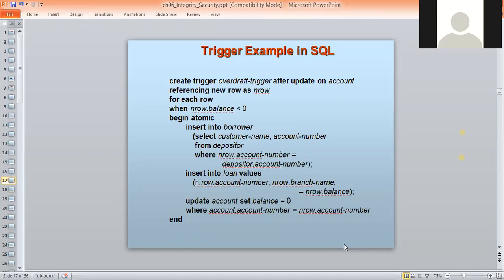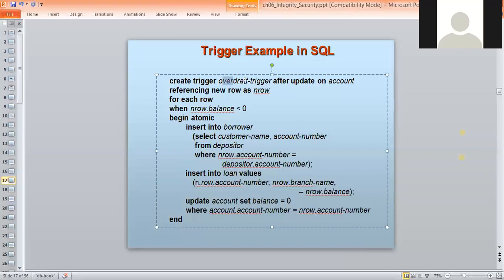As soon as some booking or cancellation is done, then the trigger must be invoked to reflect that change into the database. So that is the purpose of the trigger. A trigger acts with some certain predefined conditions, as you can see here: create trigger name, and this is the